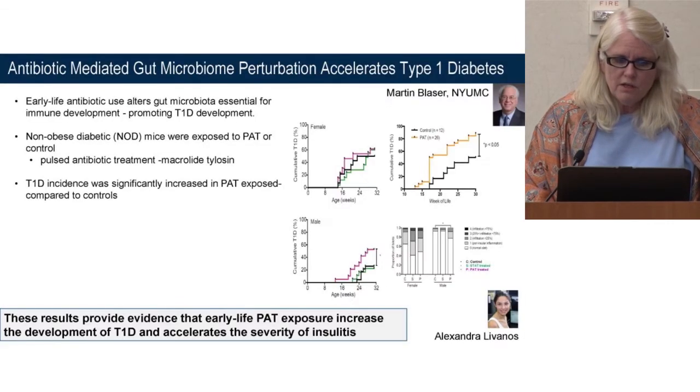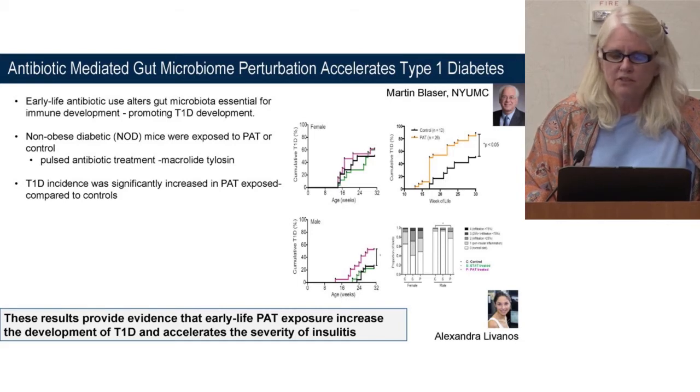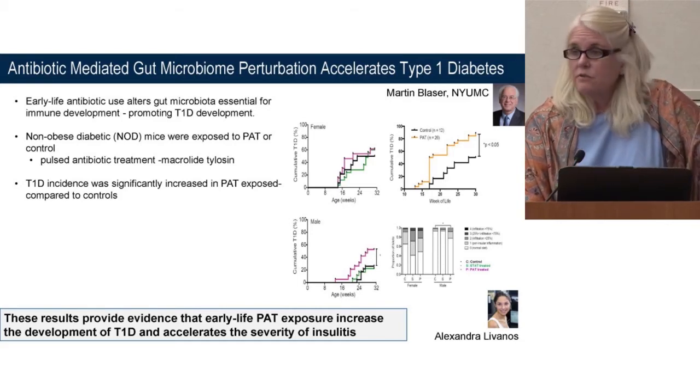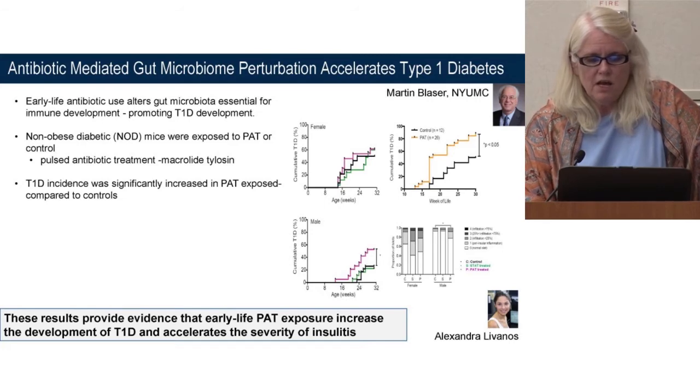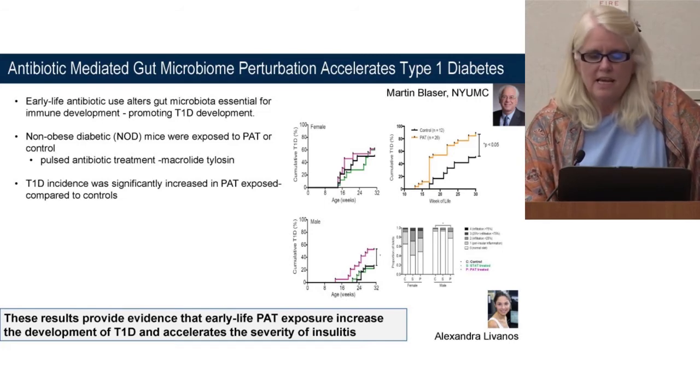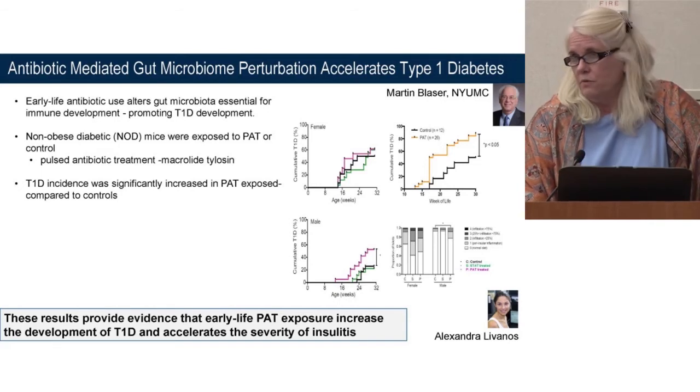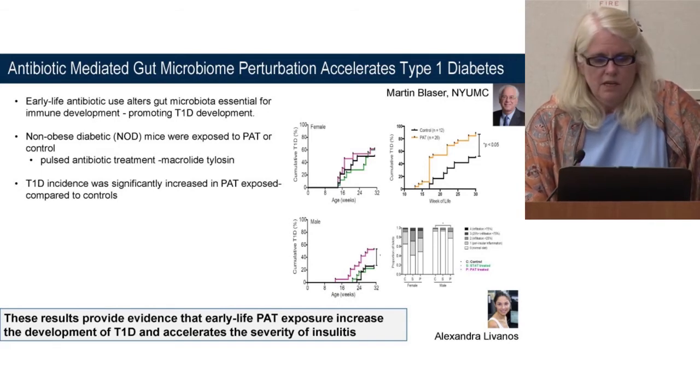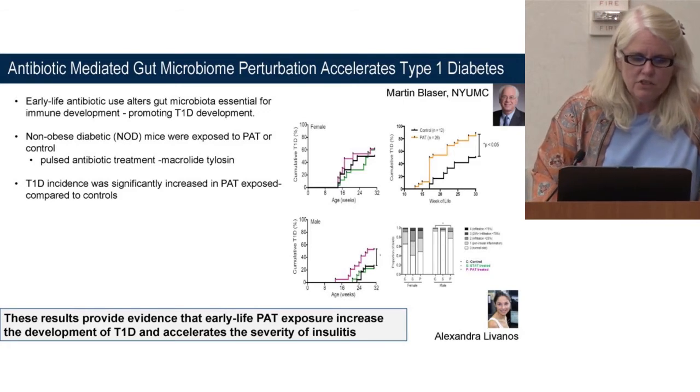We've done some work on looking at antibiotic-mediated changes in the gut microbiome because we know antibiotics are getting into the food. This was done in collaboration with Martin Blaser at New York University Medical Center. This was a study conducted in mice using a non-obese diabetic mouse exposed to the antibiotic or exposed to vehicle. So that's the comparison. And in his model, which you've probably seen some of his work published if you're following this antibiotic literature, he sees type 1 incidence of diabetes was increased in the antibiotic exposed animals compared with the